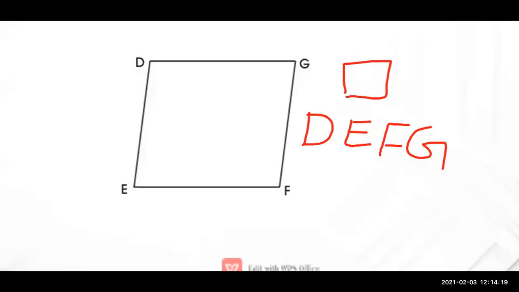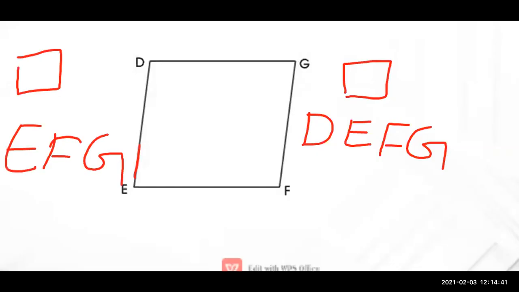Now first we have taken the vertex D, then we have done D, E, F, G. So then next you have to leave D. After leaving D, which vertex comes after D? Very good. After D is E. So what will you write? Quadrilateral EFGD. See, one by one you have to leave a vertex and add another vertex, and you have to make another quadrilateral name.